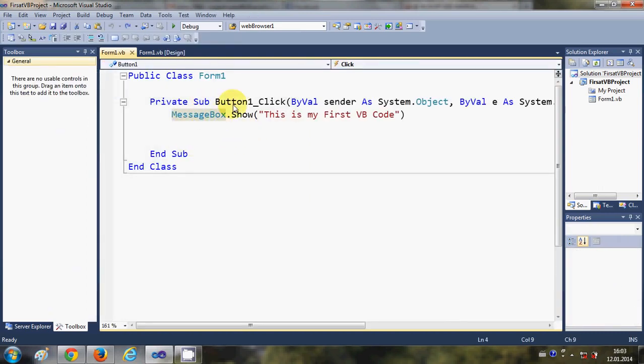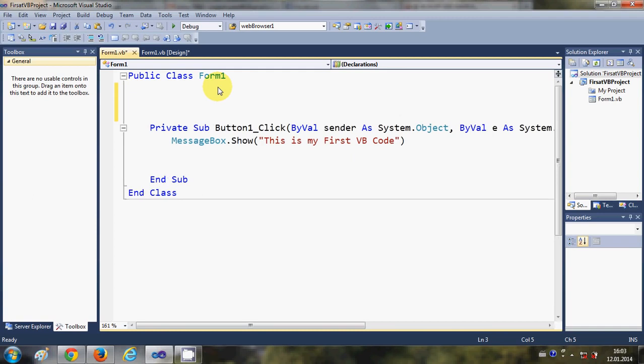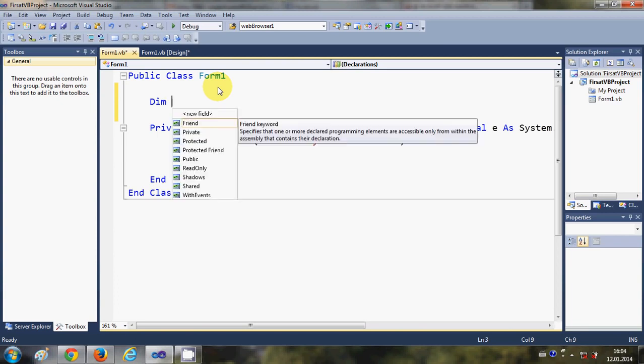In here, first of all, I want to declare some variables. So first of all, let's see how we can declare variables in Visual Basic. So from here, just below public class Form1, I will make some space here. And to declare a variable in Visual Basic, just write Dim, and it tells Visual Basic that we are going to declare and allocate a space to a variable, and then we say the name of the variable. For example, I name my variable as